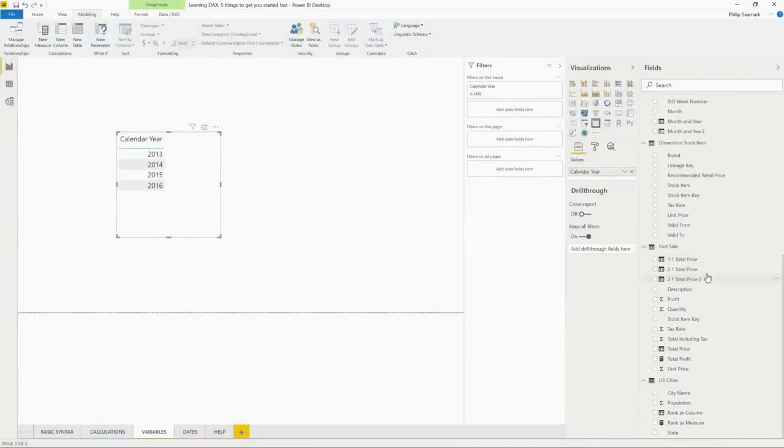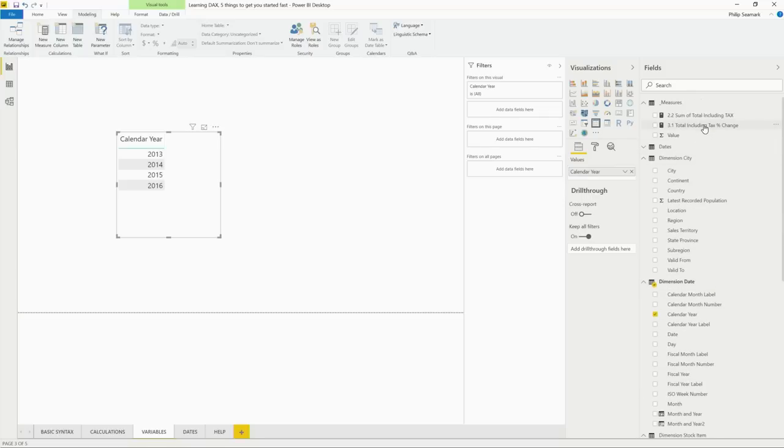So a variable is an easy way for you to break your code into multiple steps, very easy to read, and especially you can give variables very meaningful names, and just like anyone who has any programming experience, a good name goes a long way to make you understand your logic and debug any issues. And then eventually you're going to combine the results together using variables. Phil is going to show you several examples using variables.